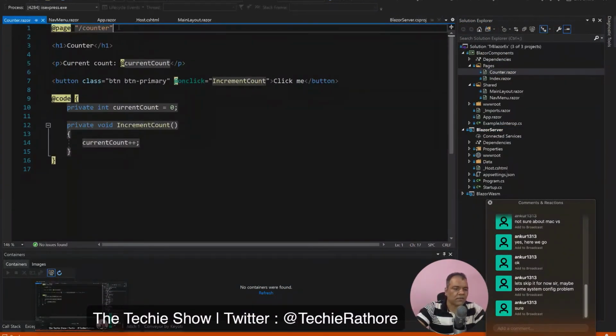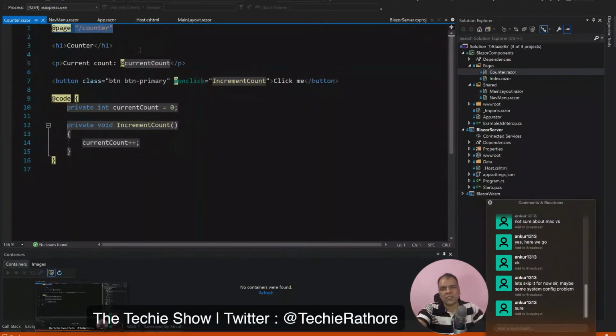See here on the page, I have written this @page /counter. So basically this is your route. This @page directive we use to define the route of the page.